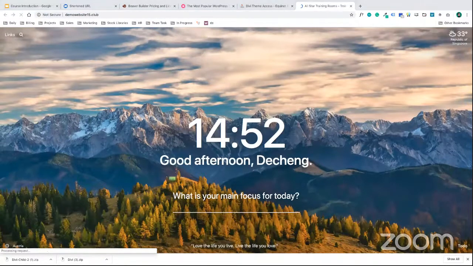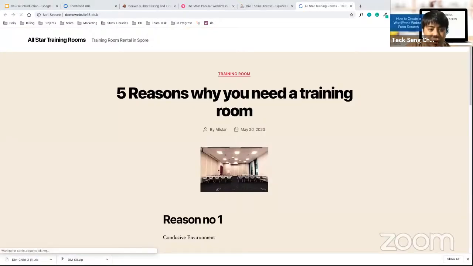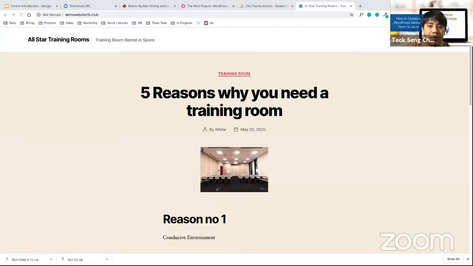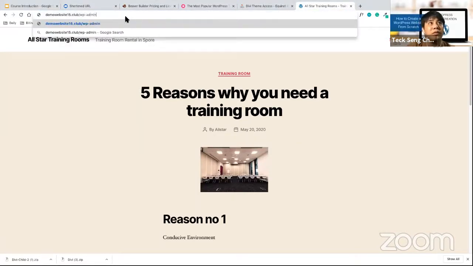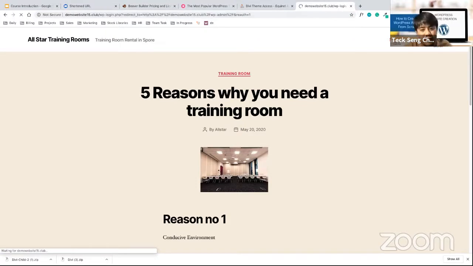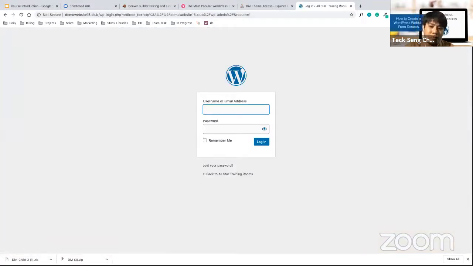Yesterday someone emailed me this morning and told me you forgot your password. Just want to check whether you are still able to log in. Jenny, are you able to log in already, or still cannot?